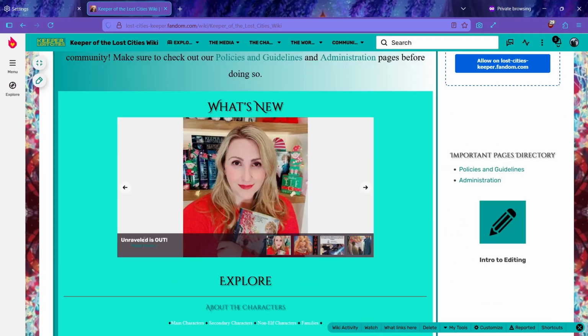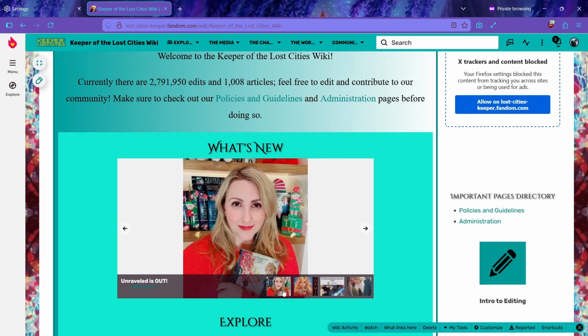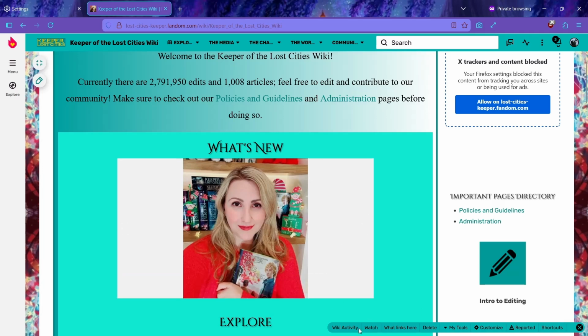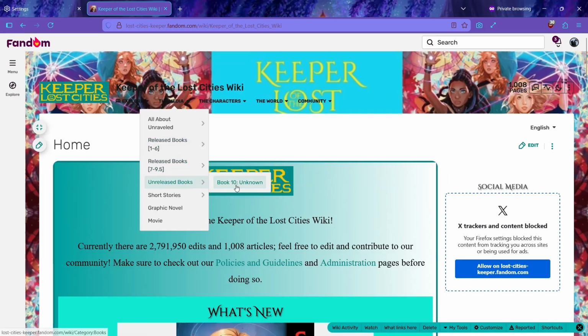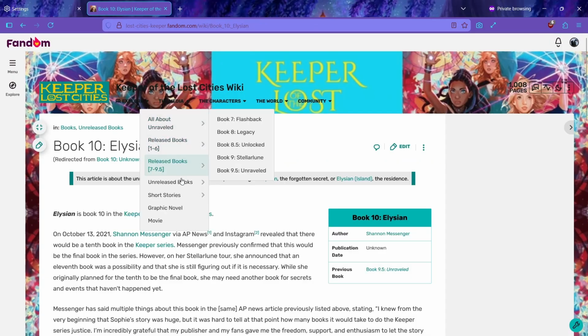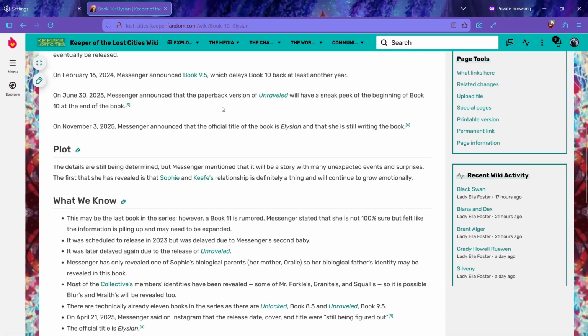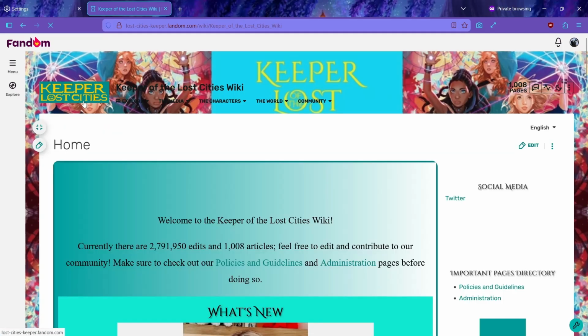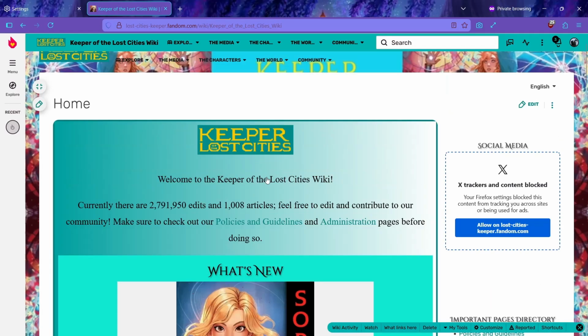I need to see about updating this because it's all very old. But usually there aren't that many major updates recently, but I don't know, y'all, because I don't keep up with the wiki. I'm so sorry. I assume the spoiler ban is close to up for Elysian Chapter 1, and once that gets added to, this should get updated to actually the top nav so that it says Book 10 Elysian. And once info for Chapter 1 gets added here, I should add that to this slider. And actually, I should teach someone how to update this slider because I'm never on here. Anyway, tangent. Already we're tangenting.